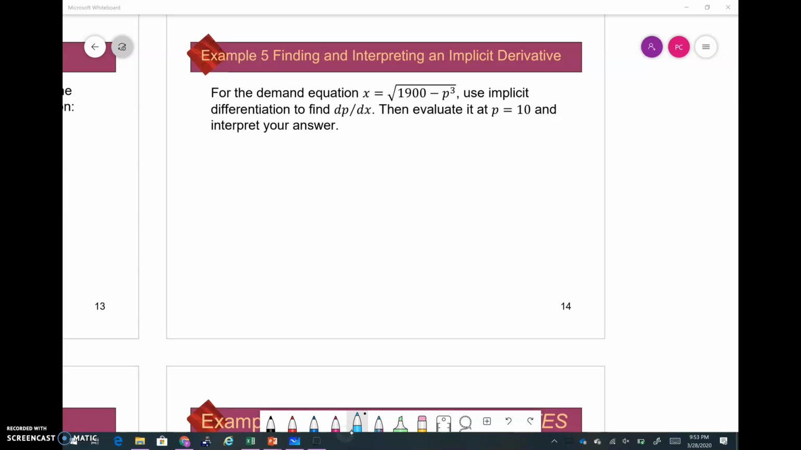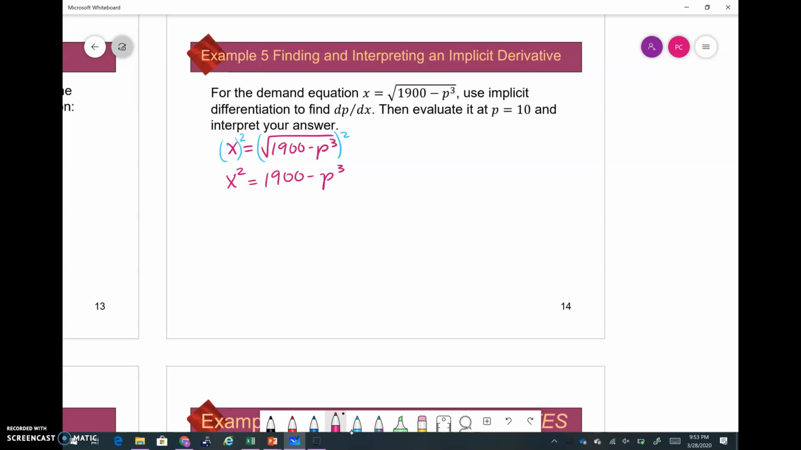So we have the function x equals the square root of 1900 minus p cubed. And we can use this formula right here if we wanted to and do the chain rule and all that fun stuff, but we don't have to. If we take a second and square both sides, then we have the function x squared equals 1900 minus p cubed, which would be much easier and much faster